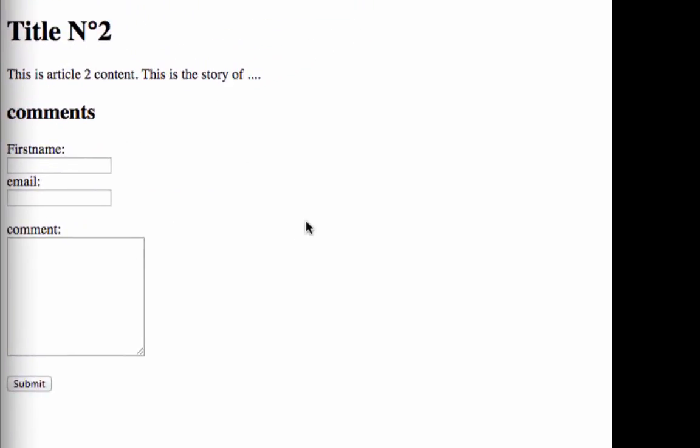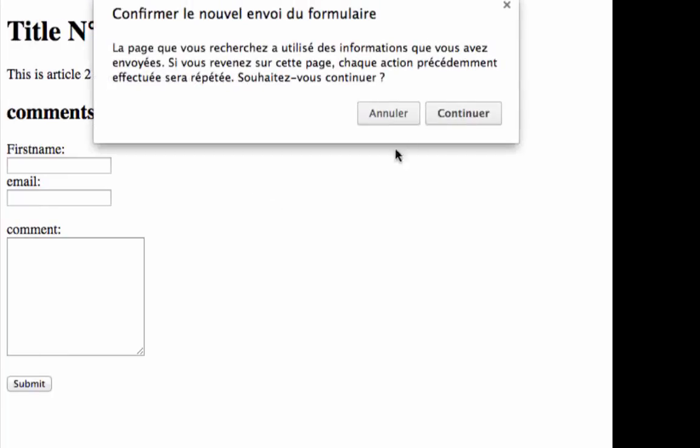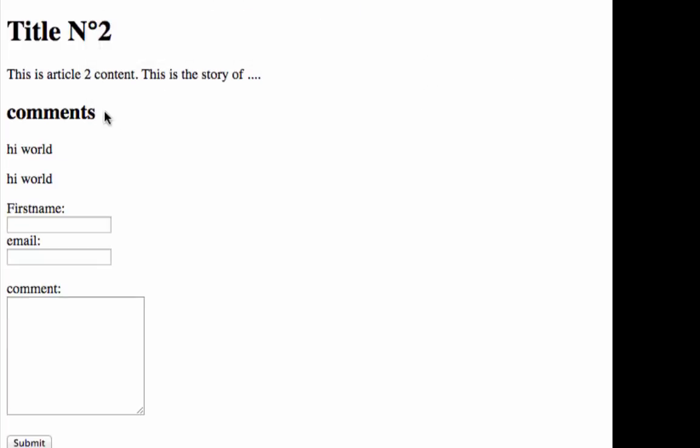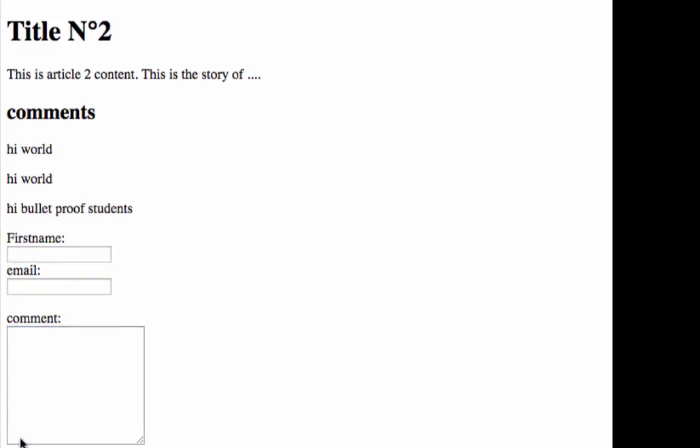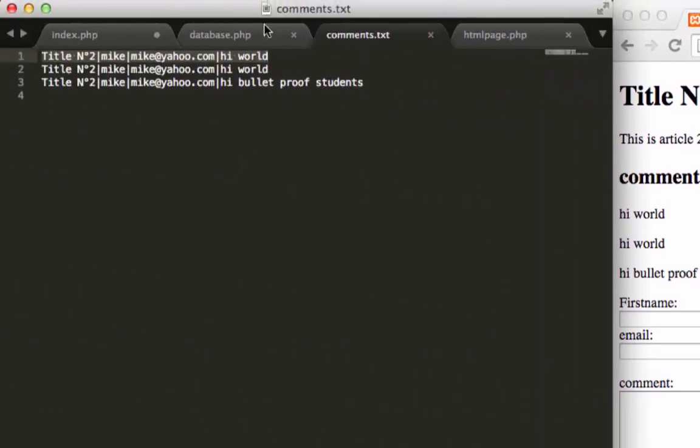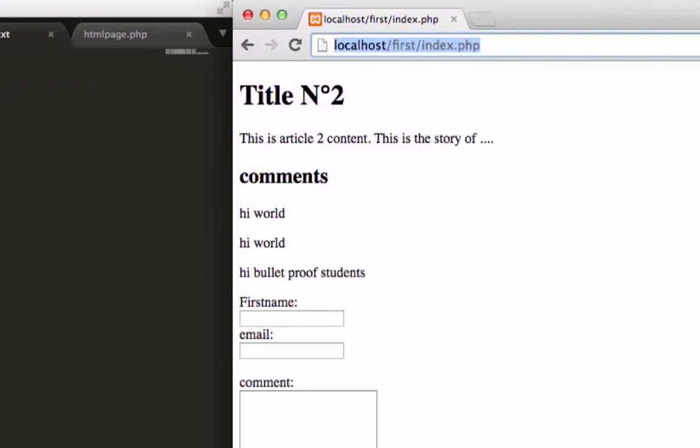Let's see how it's going. We refresh the article. Okay, so the refresh reposted the previous comment. So we got it twice. Hi, bulletproof students. It works. If we check the file and if we try on another article,